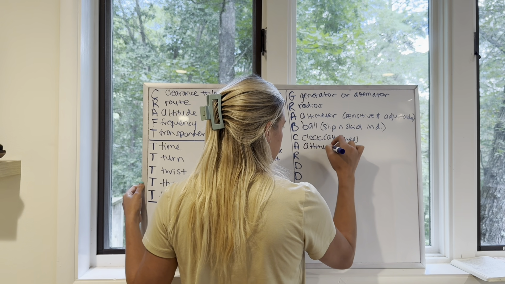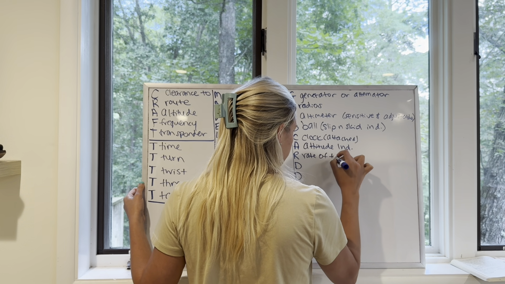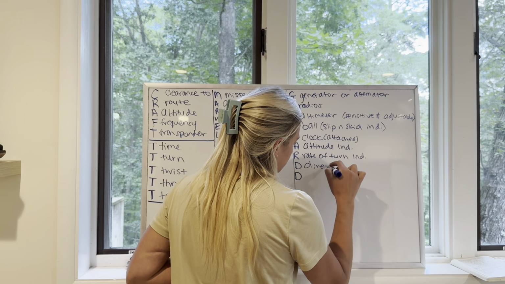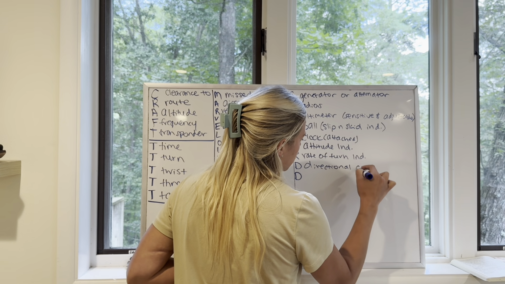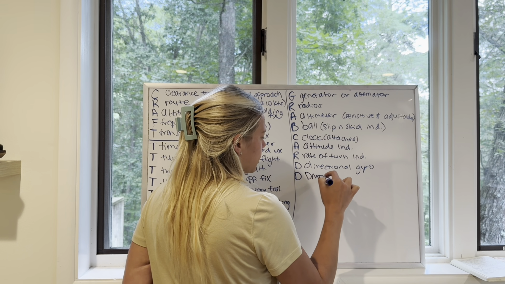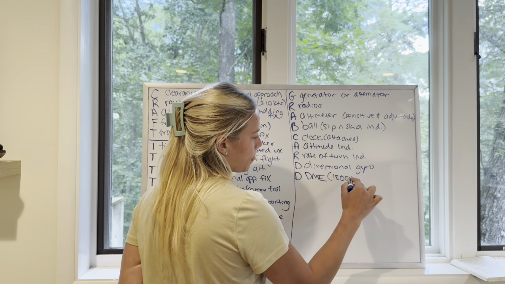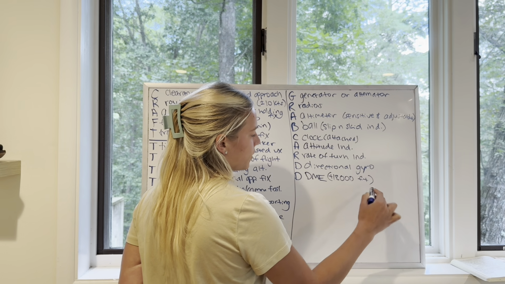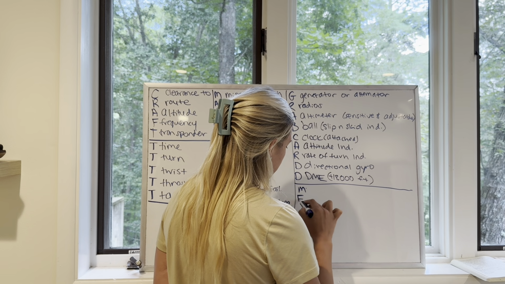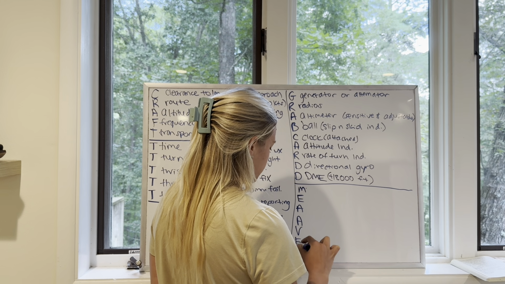A is attitude indicator. R is rate of turn indicator. Then D is directional gyro, so like our heading indicator. And this other one is DME, and this is if we are above 18,000 feet. All right, next is MEA AVEF,